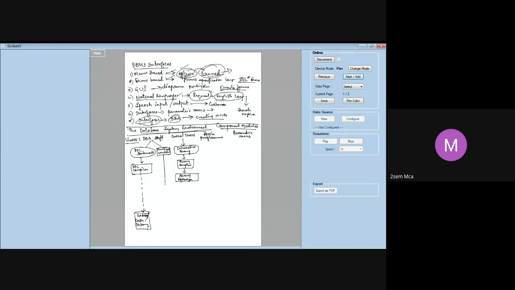Query optimizer means you try to make your complex queries very simple. It is not only essential to write the query and get your results, but you should also be able to write very efficient and very simple queries. That is where your efficiency lies. And the query optimizer will also see to it that the performance of your database is always optimal. That means it should always be best.